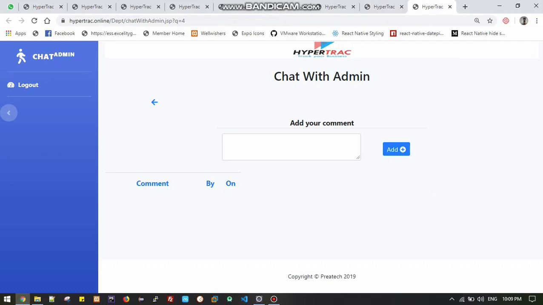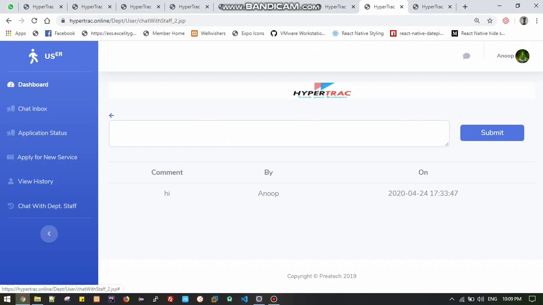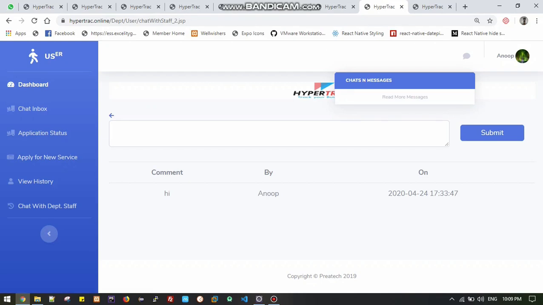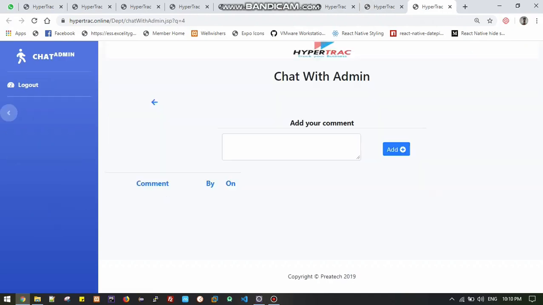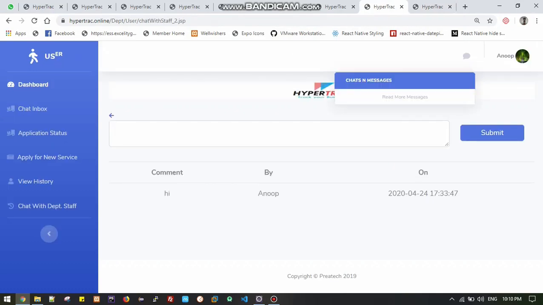In this you can directly chat with the admin, so you can directly type it and the admin will be getting notified. Like this, there will be a button for everyone, so there will be a notification coming on, so you can directly click on that and be redirected to the page, so you can respond to the questions somebody asked, or you can reach out to other people also. By using this you can chat with the admin, or here you can chat with the staff.